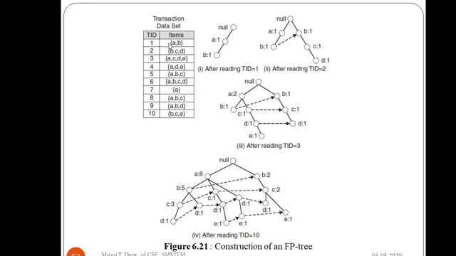You take the first transaction a, b. It will be mapped from the root node, which is null, to a and then b. Why do we have 1 and 1 here? It is the counter which indicates how many transactions have the same item, whether it is mapping to the same path. We will understand in the next transactions. So let us consider the second transaction.